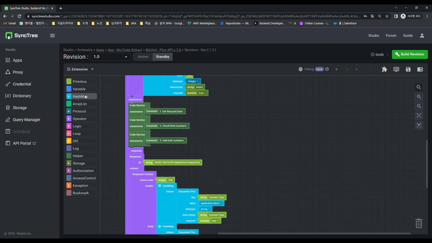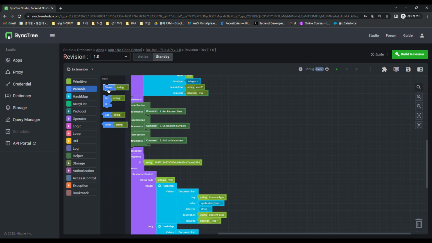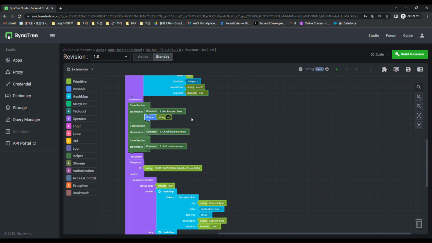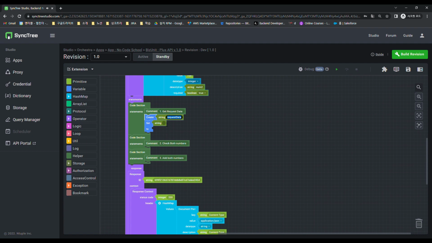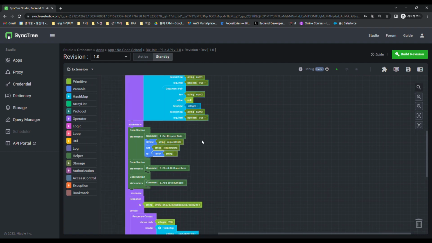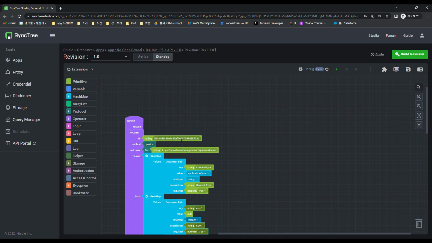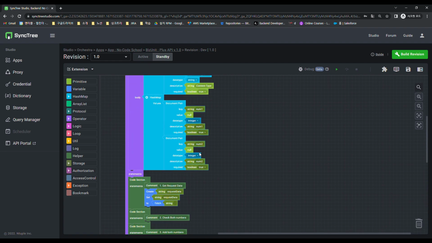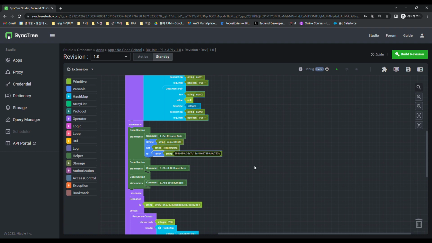First, to get request data and put it in a variable, we need to declare the variable and put the value in the variable, right? Declare the variable request data and connect the set to block. I'm going to use a new block here, which is the fetch block. This is a block that imports data from a specific area into the hash map type, which is useful for importing and processing request data. If you enter the request area into the fetch block, operation number 1 is completed.